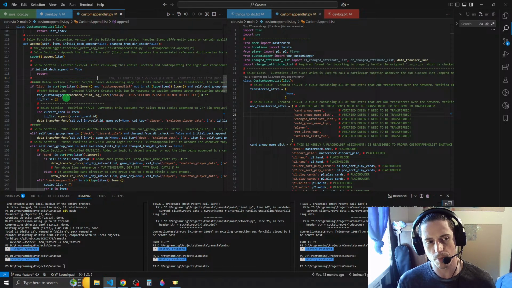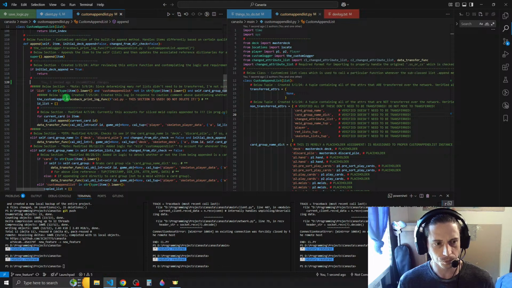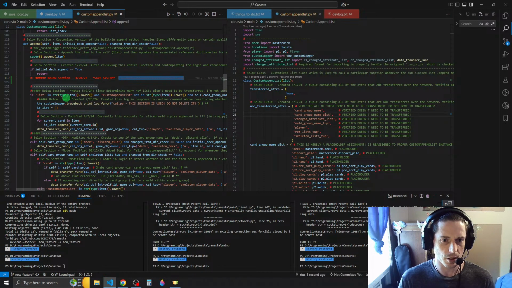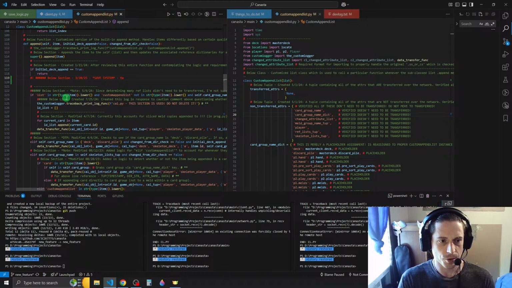So I think a good spot to put it would be right here, and we would just add, 32025 save system below section. Well, that needs to come first actually. Below section 32025 save system, and this is going to be handles saving